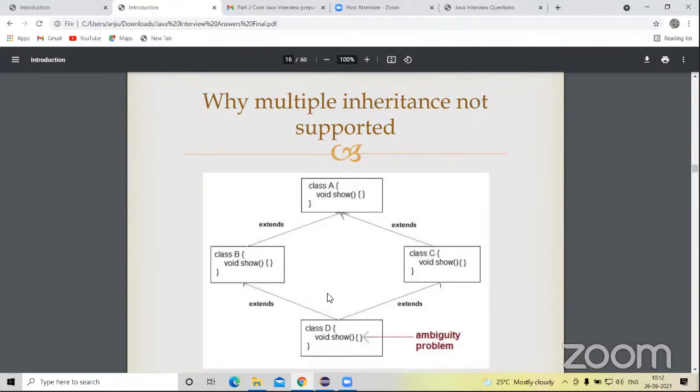It has a method void show, and there are two parents for this class D, that is B and C. Here what happens is, in B and C, I have the same method. The same method in the sense the return type, the name, the parameters, everything is the same. So in this case, while I want to call this parent class method from my child class, from D, since we are not creating any object for the parent class,